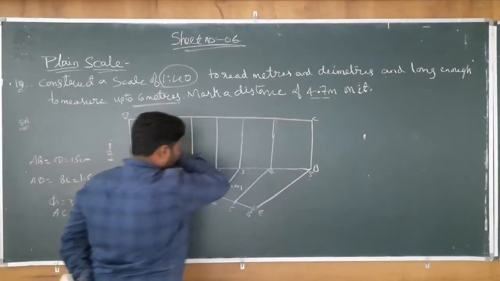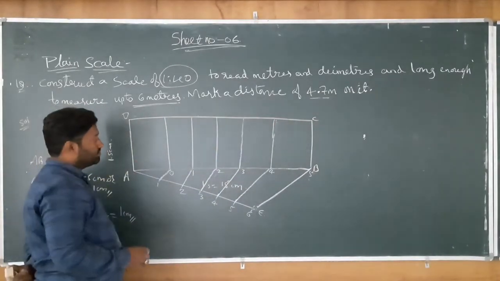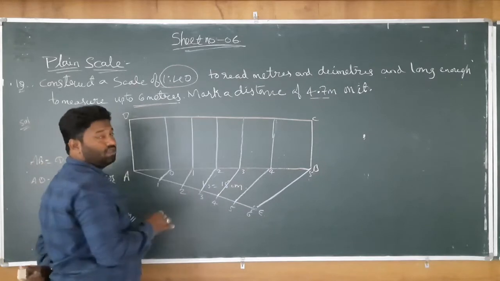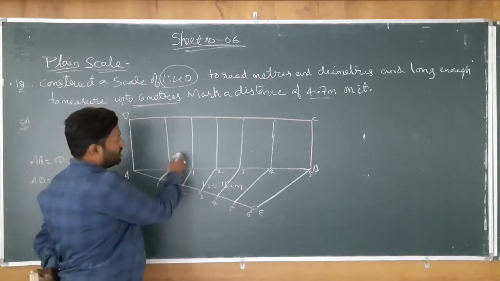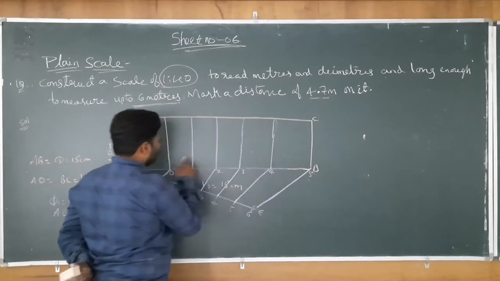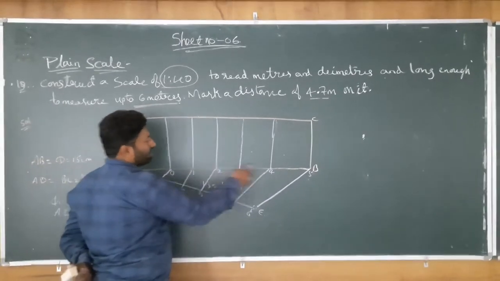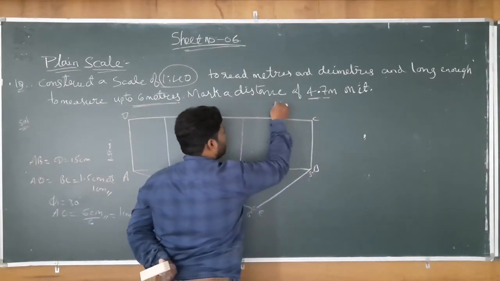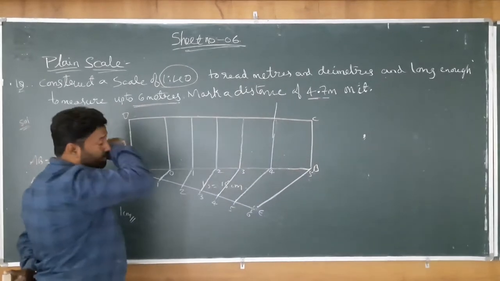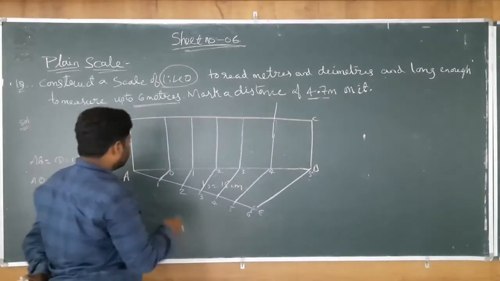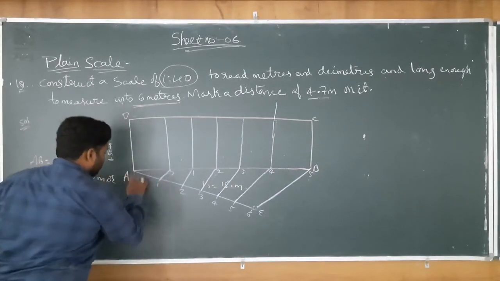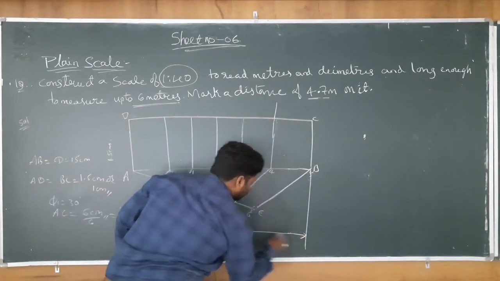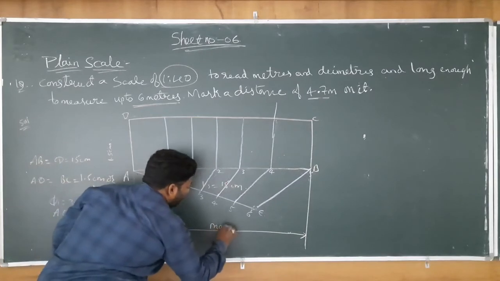Here I got a total of 6 divisions. So these 1, 2, 3, 4, 5 are known as main units. I will represent this with the main units, where 1 division is equal to 1 meter. From here to here I have a 5 meter line, but I have to mark how much? 4.7. So 4 is here, but I have to draw 7. From here to here I will call it a main unit.